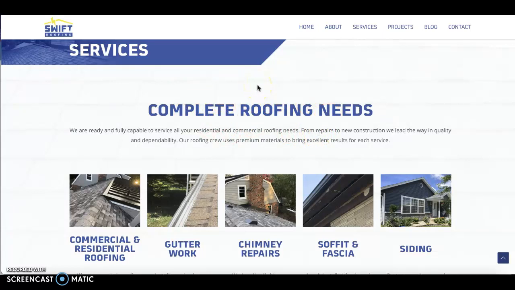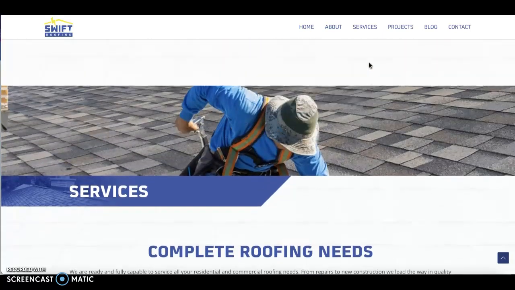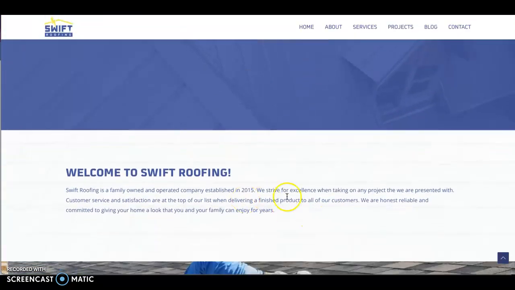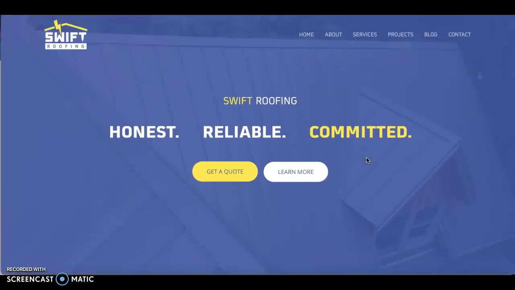Also, the big thing about the content is the keywords inside of it. A keyword is a phrase that someone's typing inside of Google searches when they're looking for a product or a service. So for example, commercial roofing services in Milwaukee, or chimney repair in Milwaukee, and things like that. So it's very important that you have buyer intent keywords here within your written content. That way you're telling Google that you want to be found for those terms.